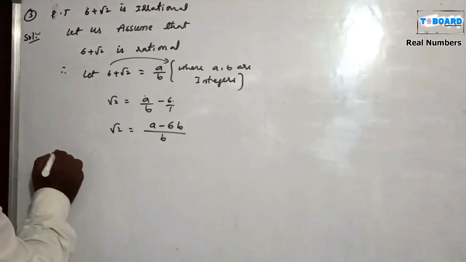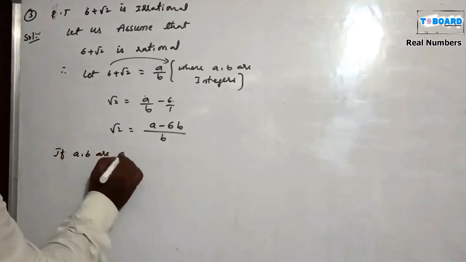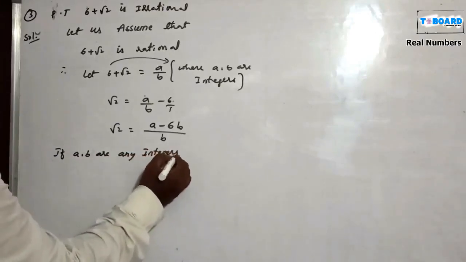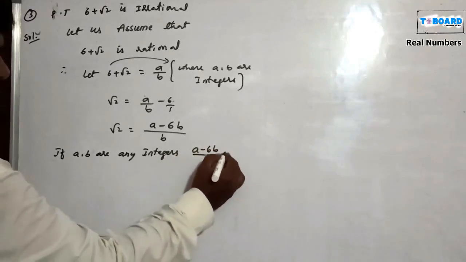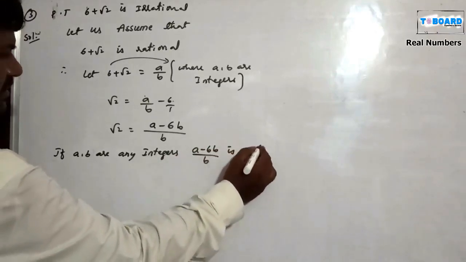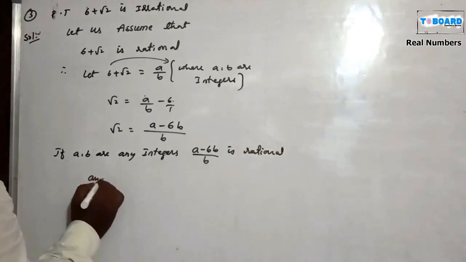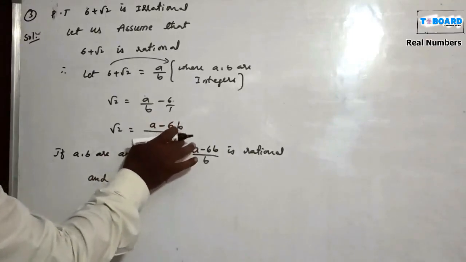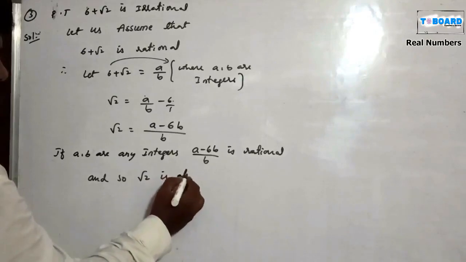If a, b are any integers, the RHS value a minus 6b by b is rational, and so root 2, suppose RHS is rational, LHS is also rational automatically. Root 2 is also rational,